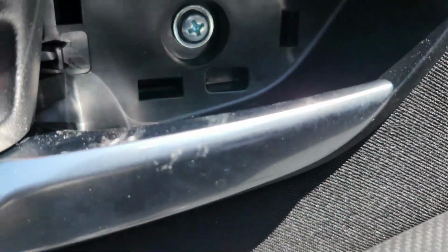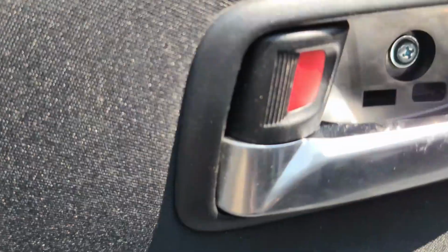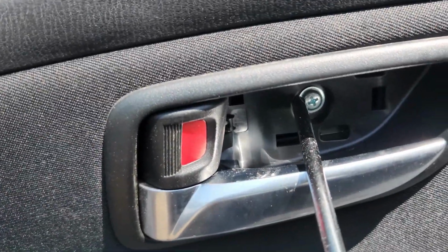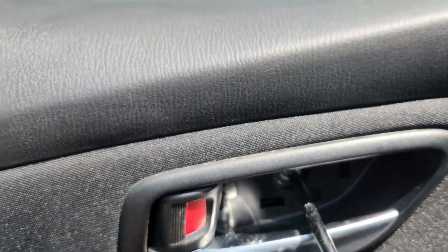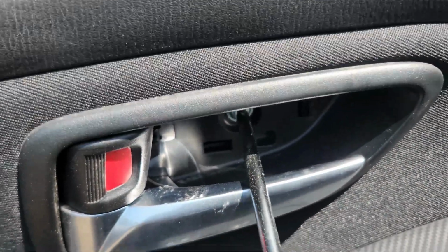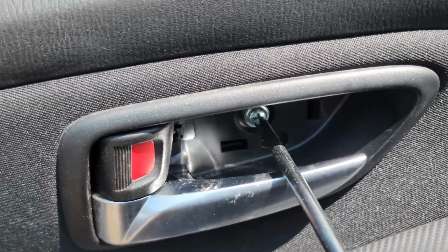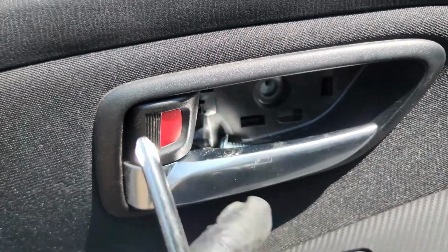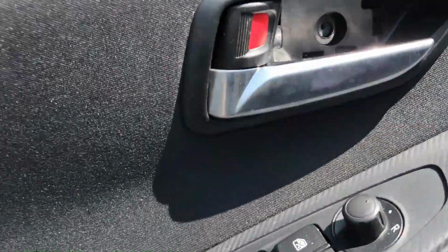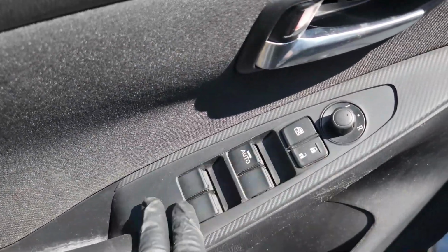So inside there, guys, is a Phillips. So you just use your Phillips to get this out. So once you get your Phillips out, another thing you do, guys, is when you have to remove this